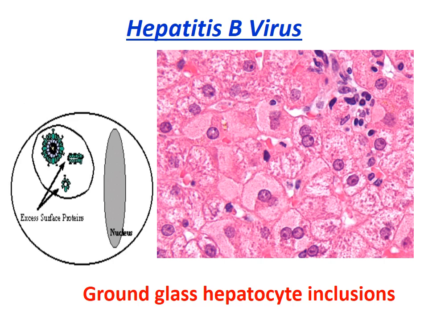Here actually a histopathologic picture is present. This is showing the ground glass hepatocyte inclusions. We can see that when the formation of new progeny virus is occurring during replication, excess surface protein is formed. This excess surface protein gives a ground glass hepatocyte appearance to the liver cells,